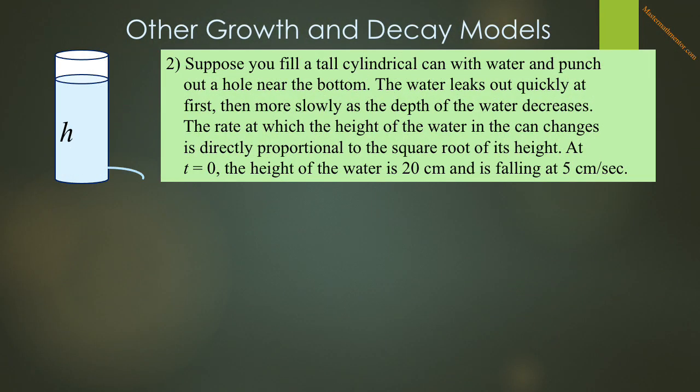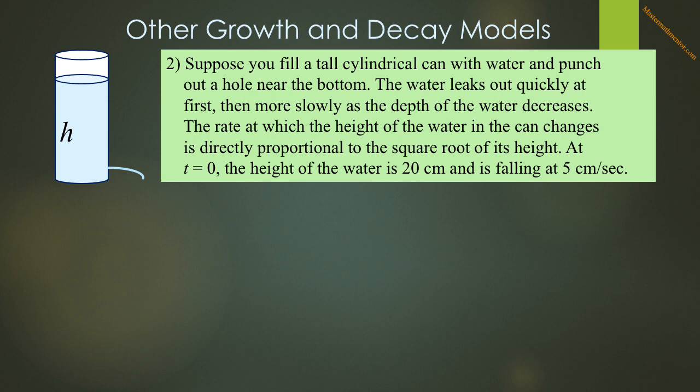Number 2 reads, suppose you fill a tall cylindrical can with water and punch out a hole near the bottom. The water leaks out quickly at first, then more slowly as the depth of the water decreases. The rate at which the height of the water in the can changes is directly proportional to the square root of its height. At t equals 0, the height is 20 centimeters and is falling at the rate of 5